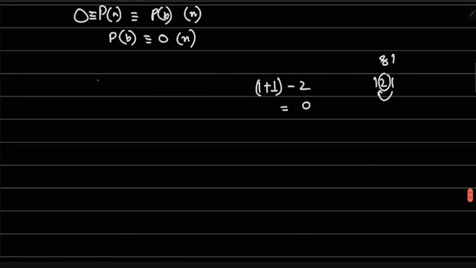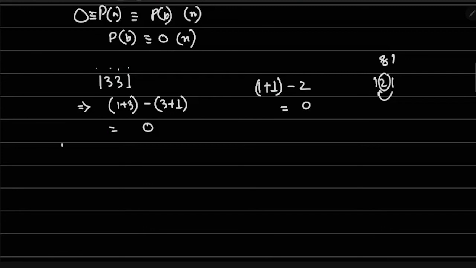So let's check that 1331 is divisible by 11. How to check that? The odd place digits are 1 and 3. We add them, 1 plus 3, and we subtract the even place digits, 3 plus 1. So it will give us 0. So 0 is divisible by 11. So 1331 is divisible by 11.